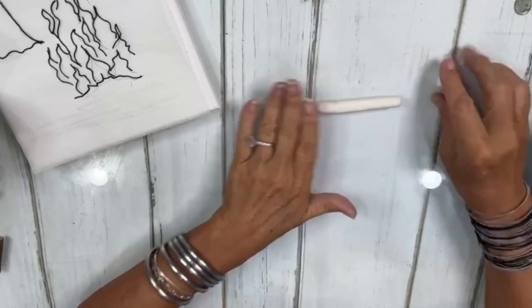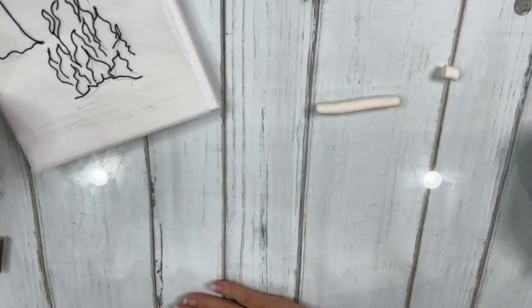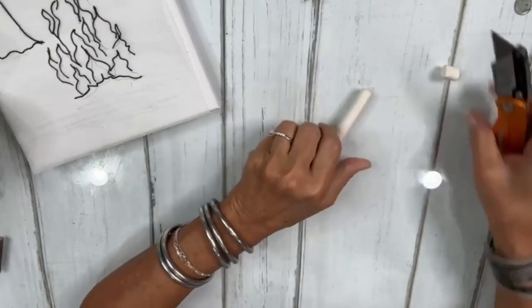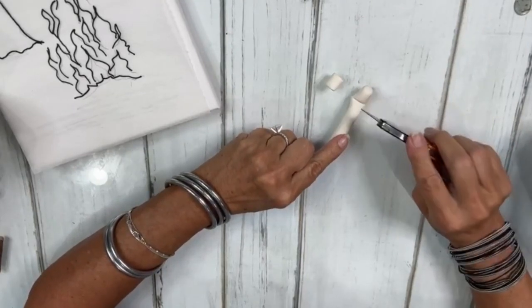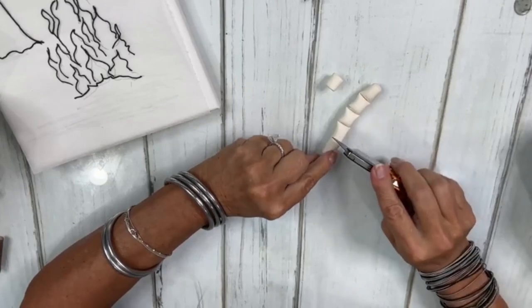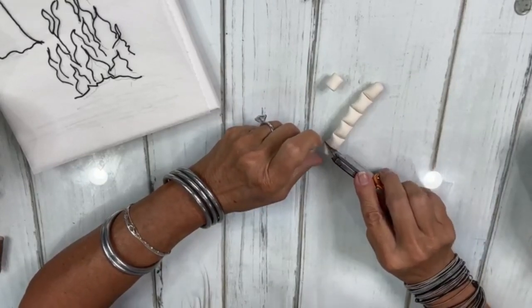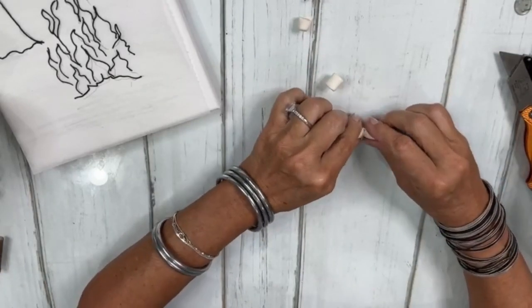So then what I like to do is take a knife, or you can use a scissor, but I like to take a little knife, and I'm just gonna cut them to size. It's just this easy, okay? Cut them to size. Now they look like those little mints. I'm gonna use this one to make some babies. But all you have to do, split them apart,